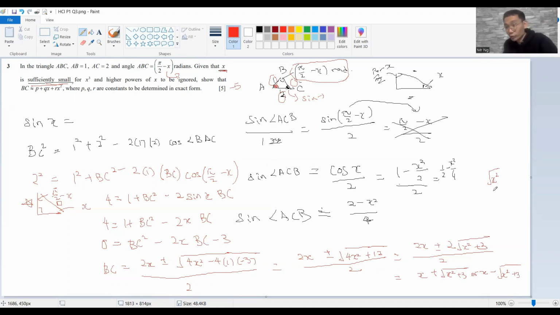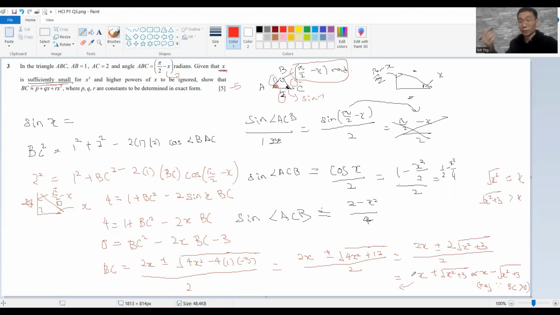So if I square root this, the value of this equals x. So x squared plus 3, the value of it will be more than x. So you cannot use x minus square root of x squared plus 3, because that will give you a negative. So I will just say reject, because x is positive. So over here,